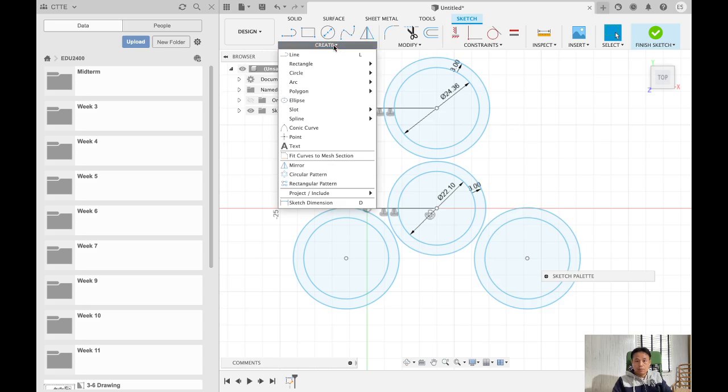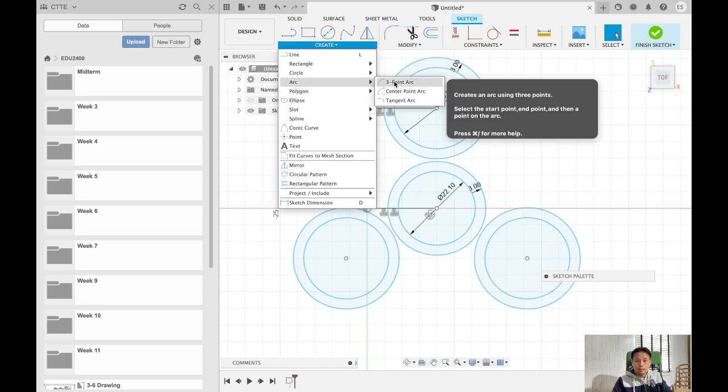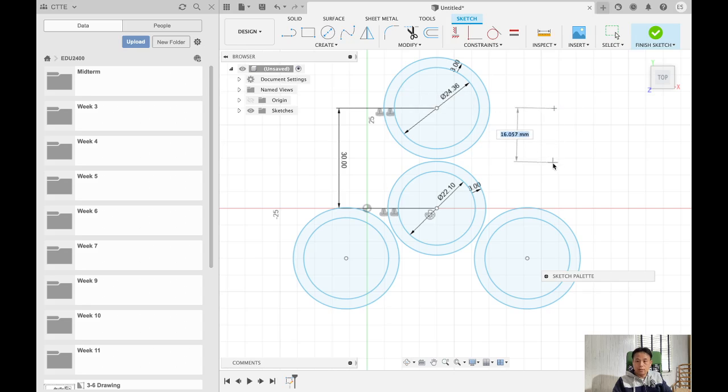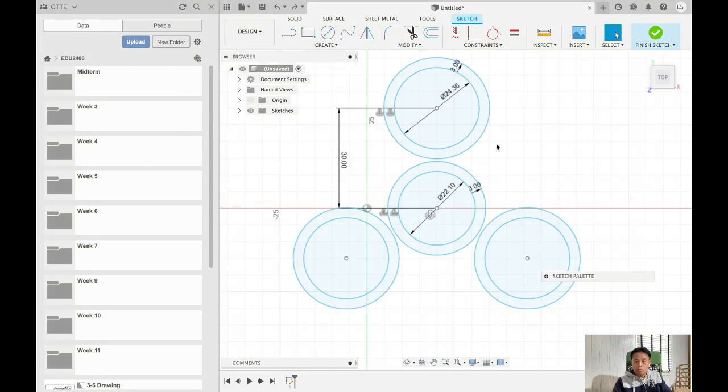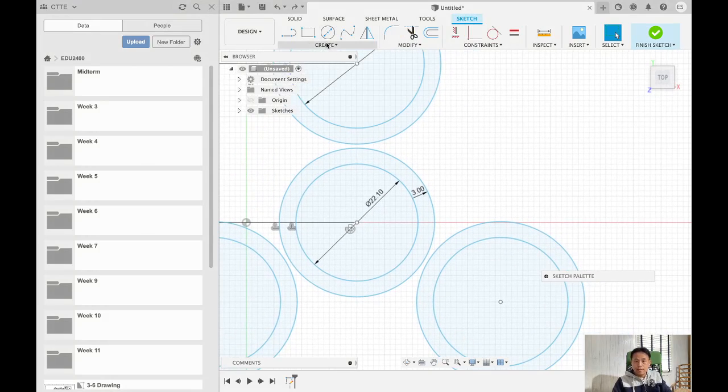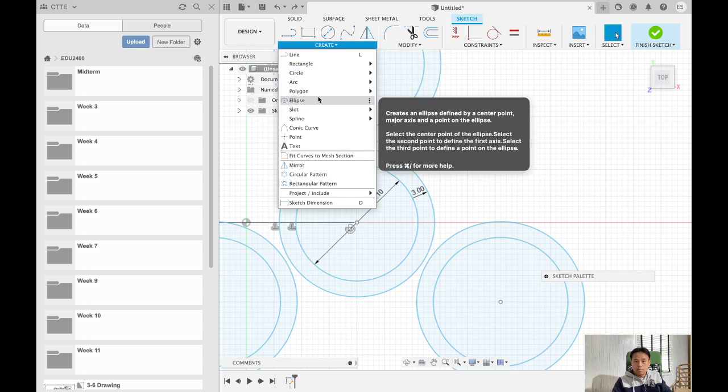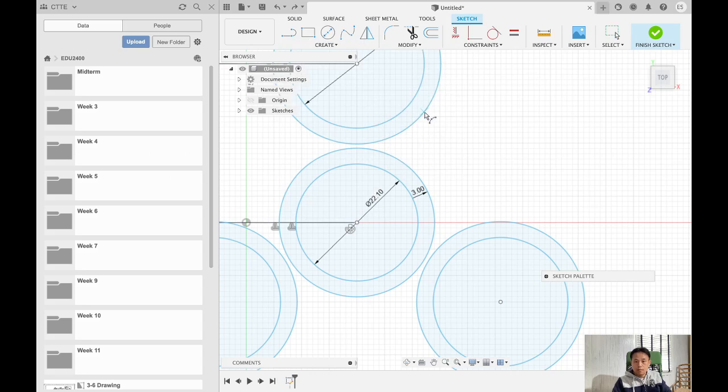Okay, so go to arc and then select 3-point arc. The 3-point arc creates an arc based on the first click, second click, and third click. This is the 3-point arc. So I'm going to draw a 3-point arc, zooming in a little bit. The arc connects this circle with this circle, and then meets with this inside center circle. Okay, click,